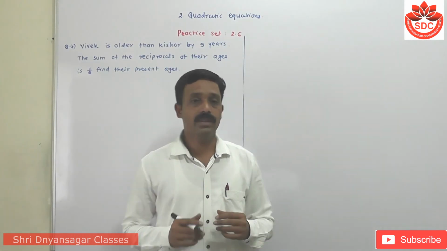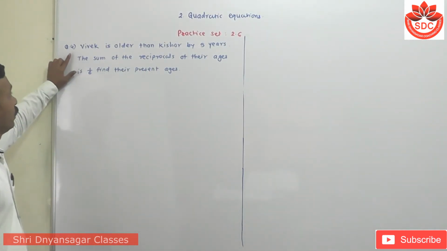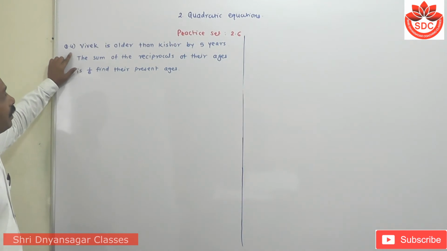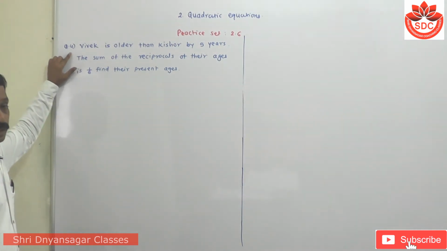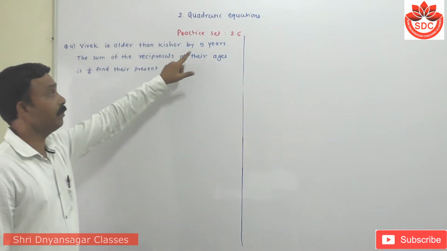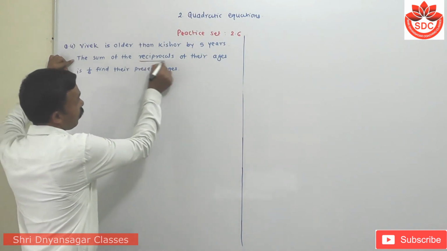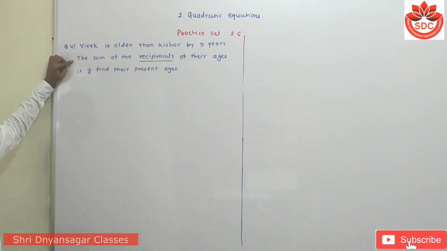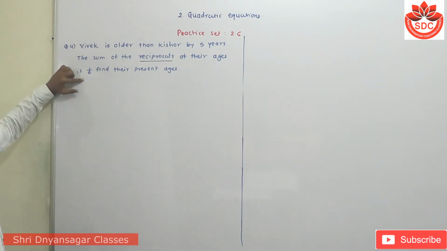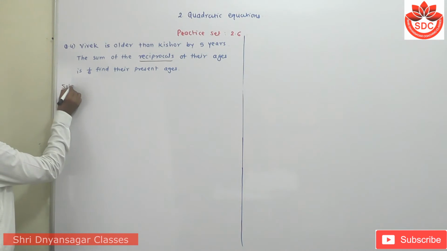We take the next question. The next question is question number 4. Vivek is older than Kishore by 5 years. That means Vivek is older than whom? Than Kishore. By how many years? 5 years. The sum of the reciprocals of their ages is 1/6. Look here, reciprocal means multiplicative inverse. Find their present ages. Now its solution is,